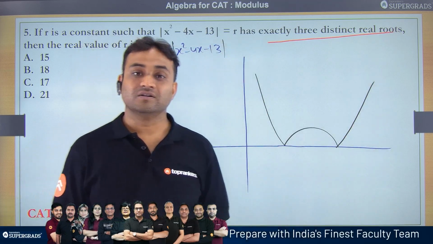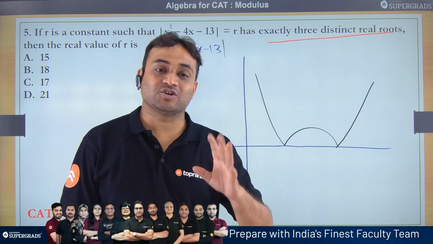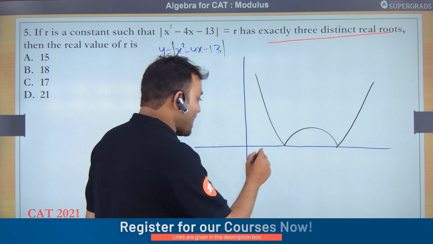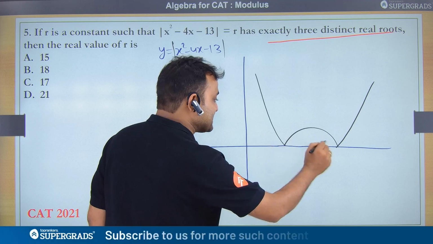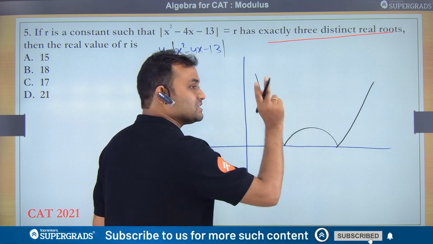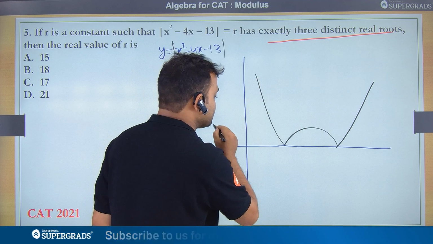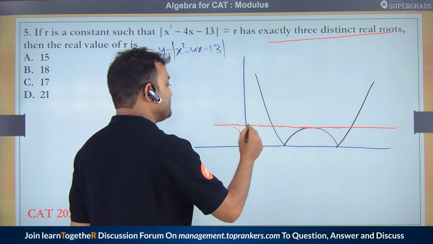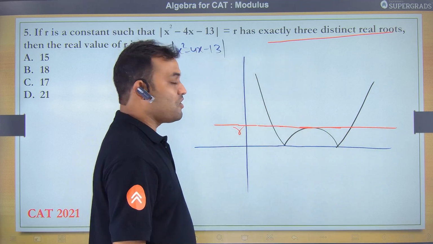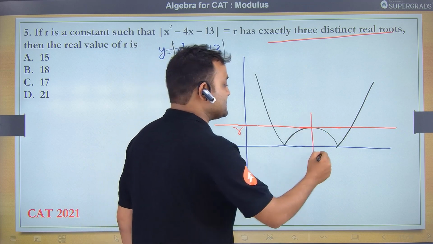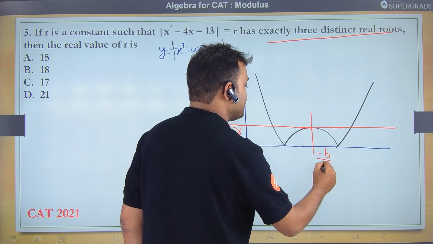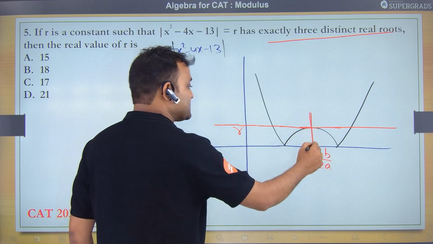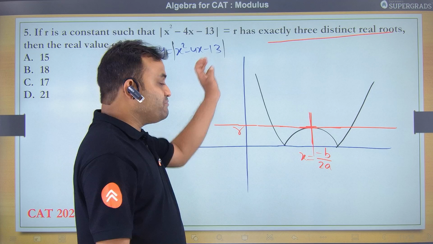कुछ ऐसा होना चाहिए कि इसके एग्जैक्टली 3 डिस्टिंक्ट रियल रूट्स हों और y = r इसे 3 जगह पे कट करे। तो देखो, अगर हम r इसके टॉप पॉइंट से नीचे लेते हैं तो 4 जगह कट करेगा, ऊपर लेते हैं तो 2 ही जगह कट करेगा। अगर हम 3 जगह कट करने की बात कर रहे हैं तो ये तभी पॉसिबल है जब ये यहां से होके जाए। और ये पॉइंट क्या है, ये पॉइंट वैसा है जहां पे x की वैल्यू -b/2a होती है, और ये जो एक्सप्रेशन होता है ये इसकी मिनिमम वैल्यू देता है।